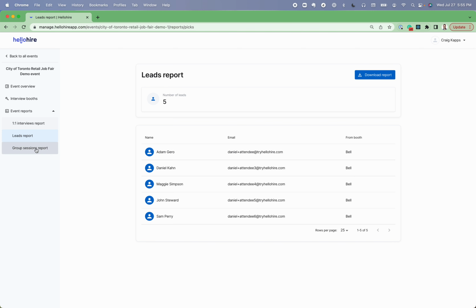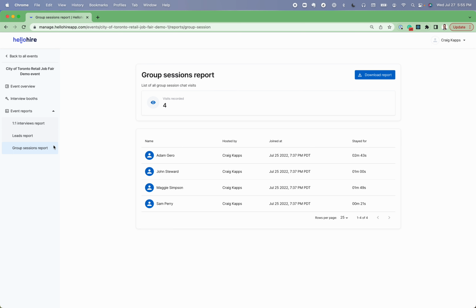If we move on to the group sessions report, we'll see the summary information is how many of the candidates joined a group session that was being hosted in your booth. So if your team was hosting group sessions where one of your team members is meeting with multiple candidates at the same time, you'll see which of the candidates joined your booth to participate in that session and who was hosting that session. So this is the member of your team hosting that session, when that candidate joined the session,